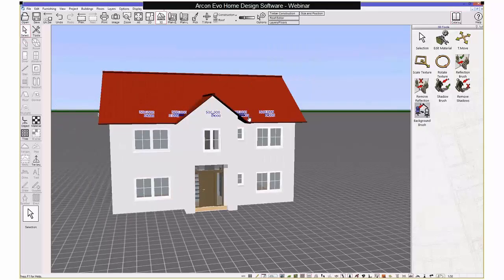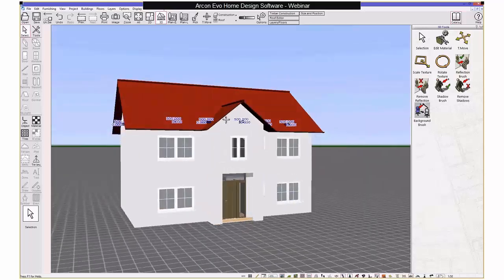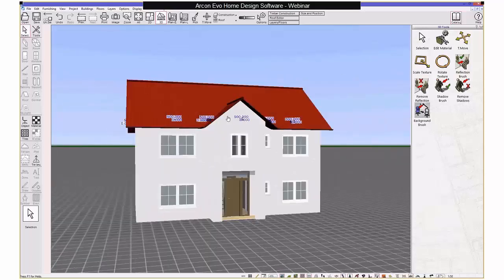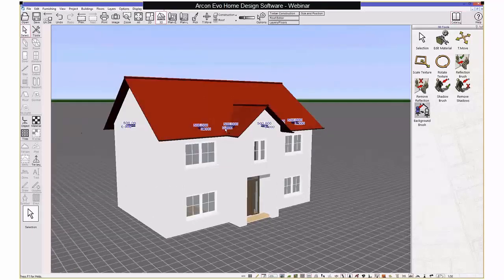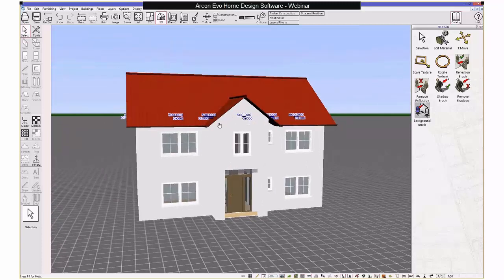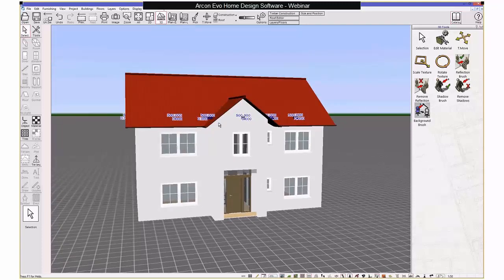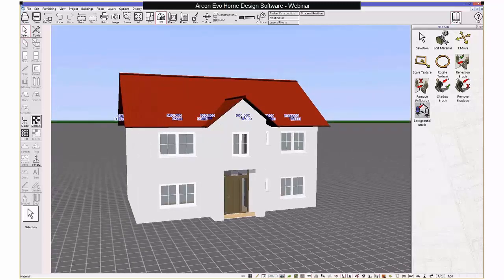Okay, so now I'm in 3D, so that gives you some idea of drawing from the ground floor up, obviously using an existing project there. So now I'm in this mode here. Now what I'm going to do is just demonstrate how quick it is to apply different materials to the model itself. So if I click on the materials option here,